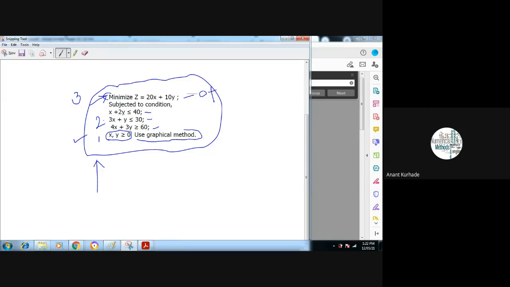Now we have to think about the constraints. In this problem statement, we have two constraints, because we have two machines. So tell me the inequality sign. Here we have profit, which means we have to think about maximization, and whenever we are thinking about maximization, the machine has to work up to the given time period, or less than the given time period.